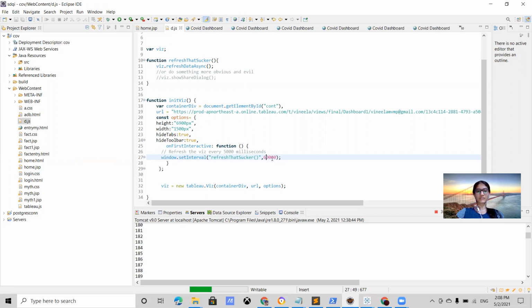But for a live application, getting the data every 1 minute, that too with Tableau, is not a good practice. So for this demo purpose only, we have put it to 1 minute. If not, we can change it to 1 hour or 7 hours or some 24 hours, because being COVID data, it gets updated daily. So let us change it to 24 hours later on. For demo purpose, we have used this 1 minute in order to see whether the data source is getting updated or not.